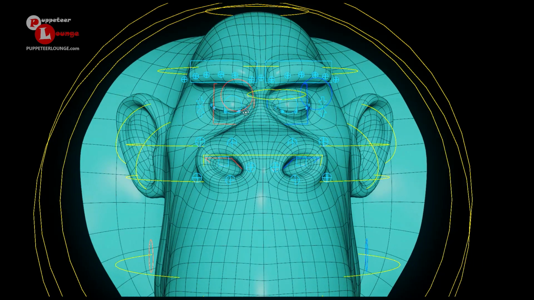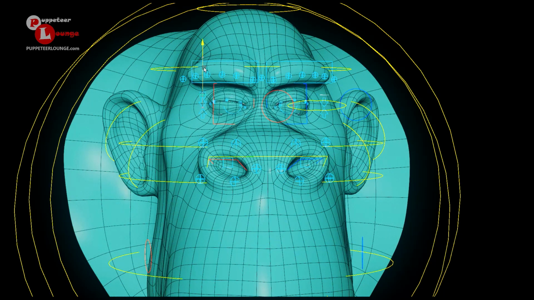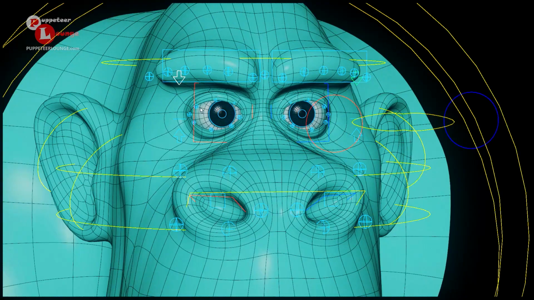And then there are these blink line controllers, which we can use to position the blink position. And let me widen up the eyes. You can see these are the individual controllers for the eyelid that you can use to deform the outline of the eyelid. We can do the same thing for the right side and the left side. Again, all of these controllers are behaving in a symmetrical manner.